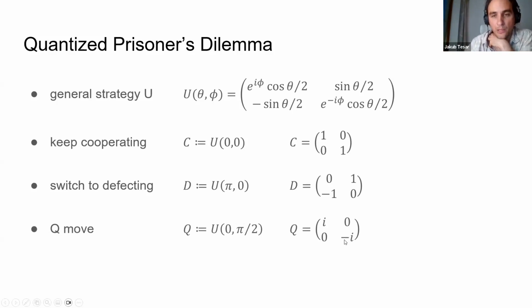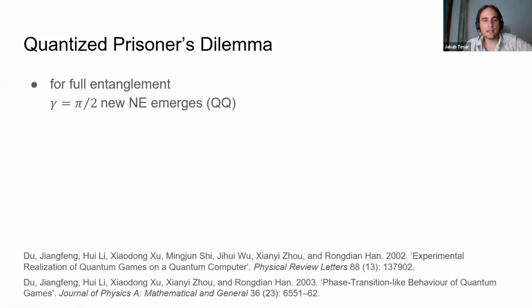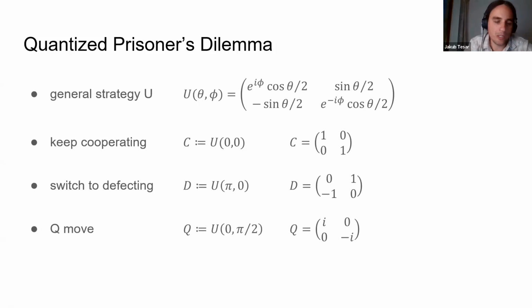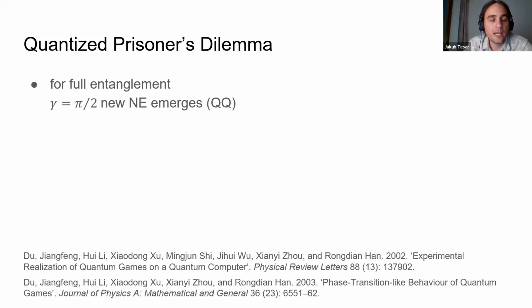So we have Y and minus I and minus I on the main diagonal and zeros on the off diagonal. What is interesting is that the question they ask in the paper is how much better this Q move would actually establish Nash equilibrium in the game, which would allow you to avoid this dilemma. And they found out that for gamma, which is pi over 2, a new Nash equilibrium emerged, which is actually